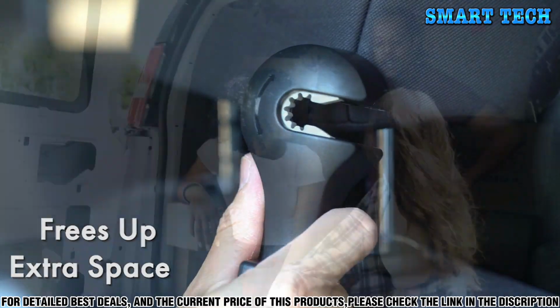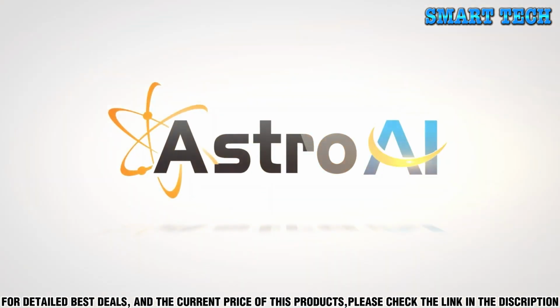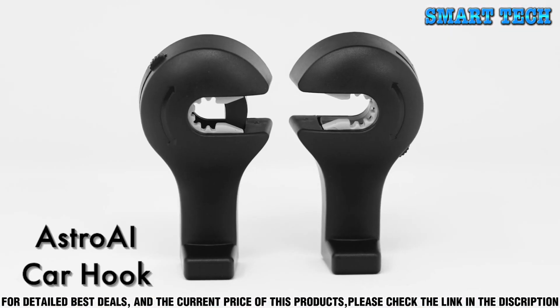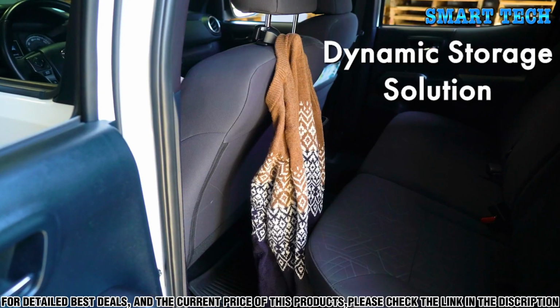If you're looking for an easy way to organize your car and free up space, then look no further than the AstroAI hooks. They are a must-have for anyone who needs a convenient place to store their items. Check out the AstroAI back seat headrest hooks for